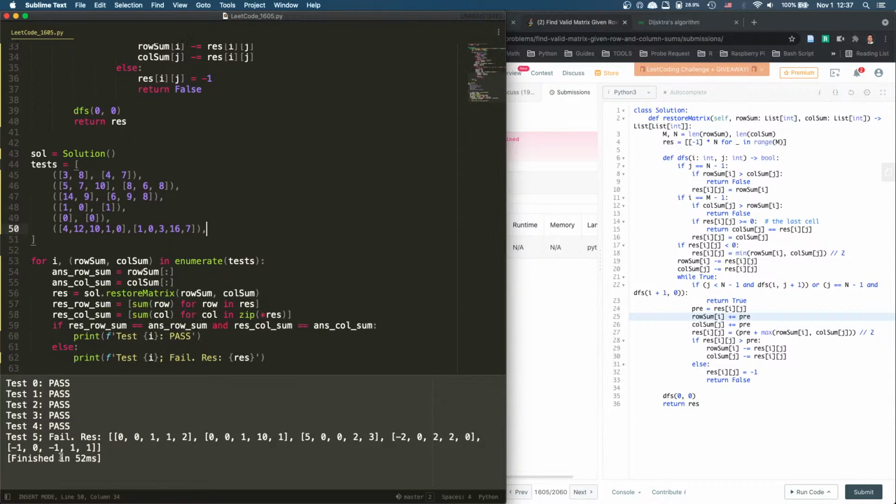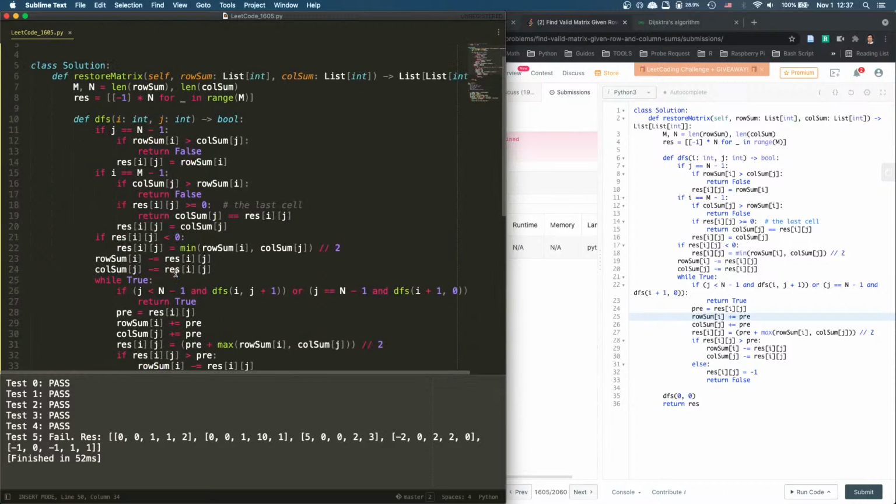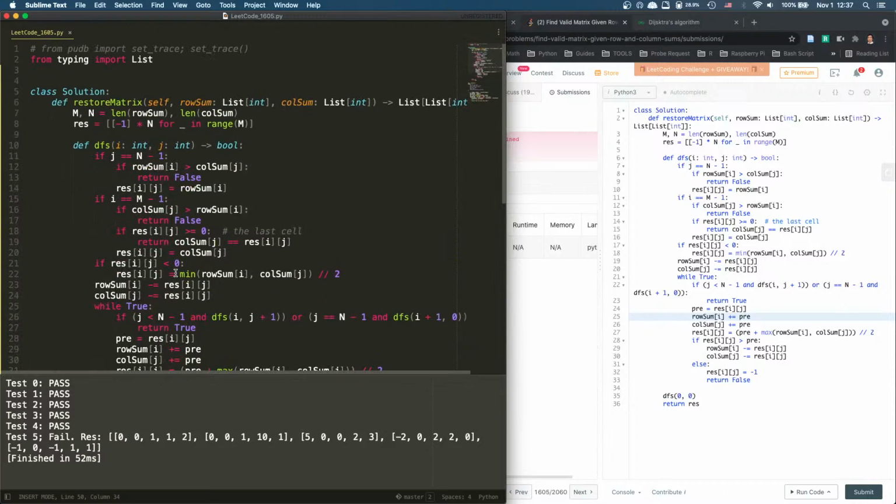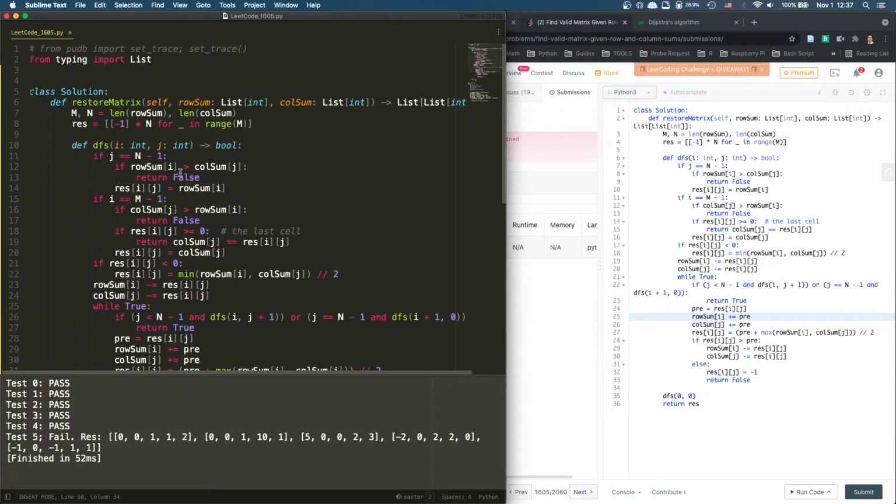I cannot have negative value. What the heck? Oh, shoot. If it's negative value, that means it's too big. When you get smaller,